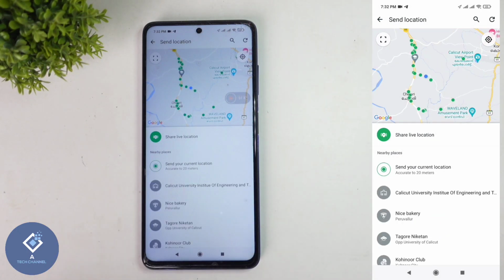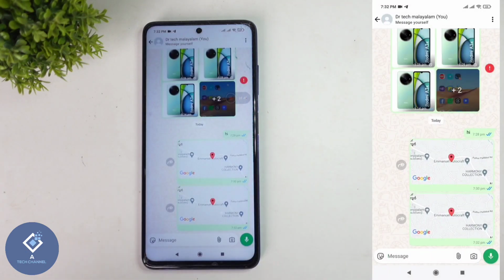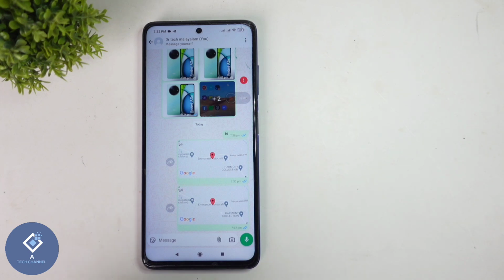Anyways, after that, to send your current location, just click on send your current location. When you click on that, your current location will be sent. So this way you can easily share your current location with others through